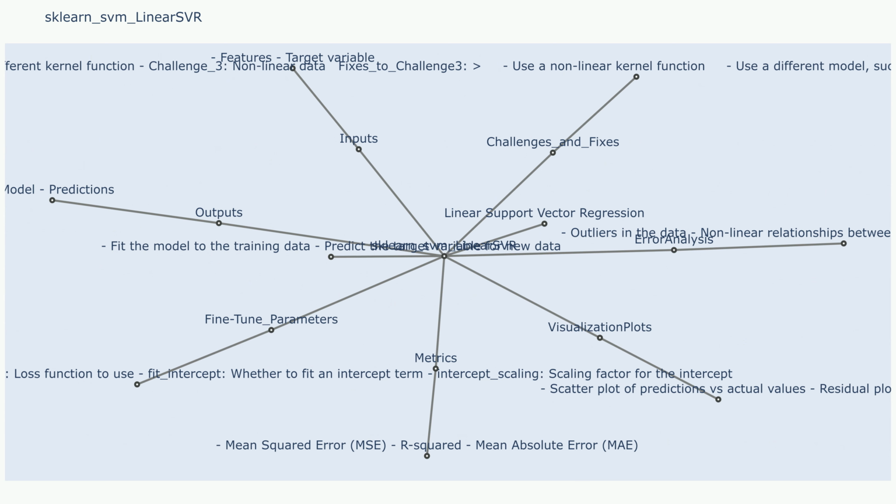Uncertainty methods. Uncertainty method 1. Explain in detail confidence intervals. By calculating confidence intervals around the predictions, you can assess the uncertainty associated with each prediction. This can help you understand the reliability of the model. Uncertainty method 2.